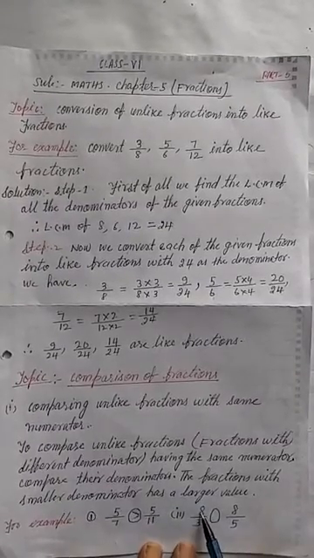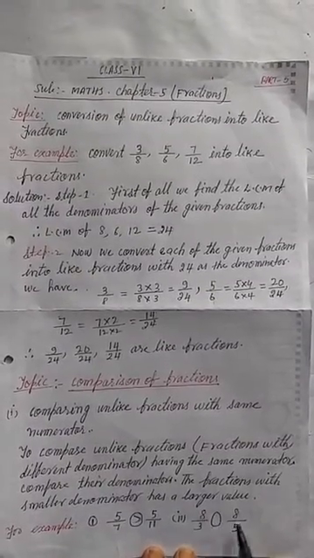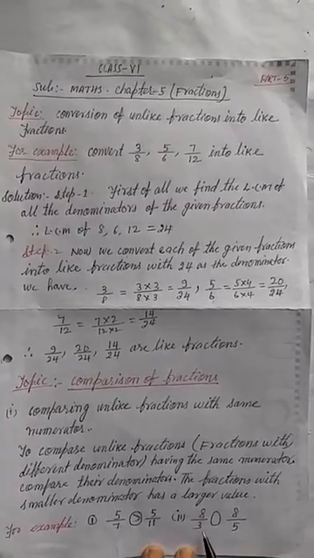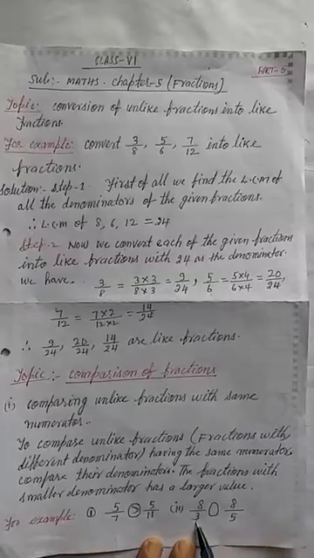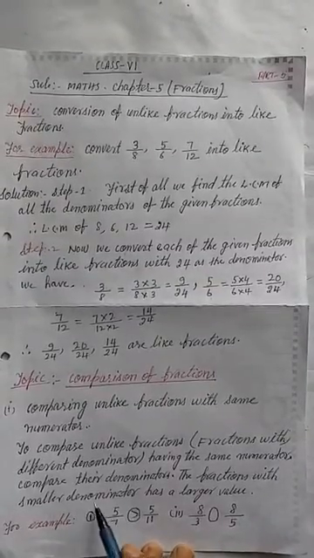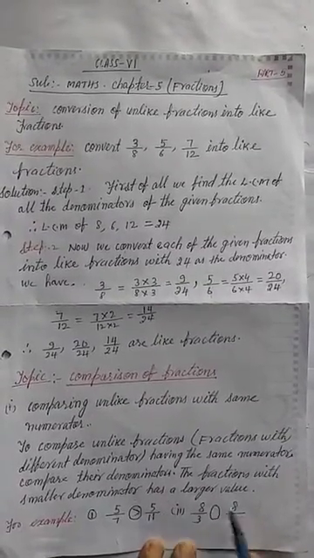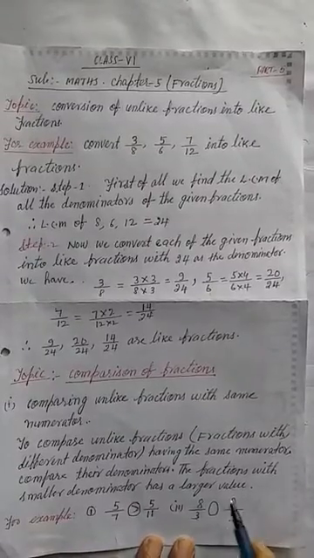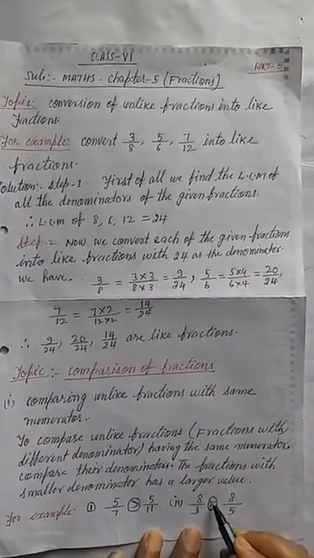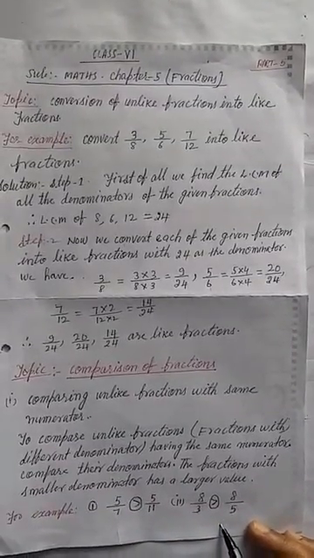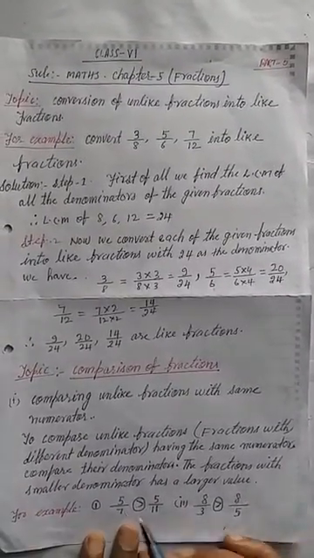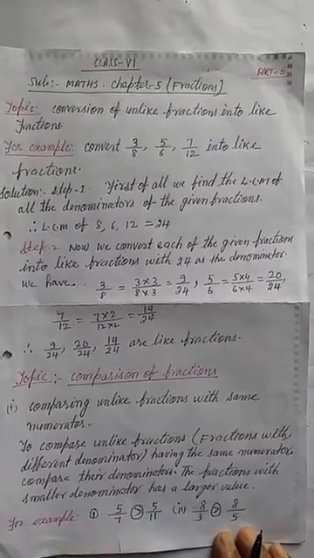Similarly here, student, 8 and 8 are the numerators. In the case where the numerators are the same, look at the denominators, 3 and 5. Here 3 is smaller. According to this rule, the smaller denominator gives the larger value, because 3 is smaller than 5. So in this way we can compare many fractions with examples. If the numerators are the same, you have to compare like this.